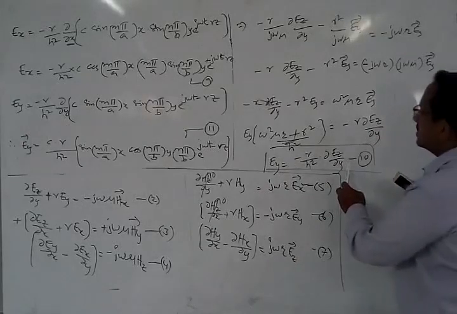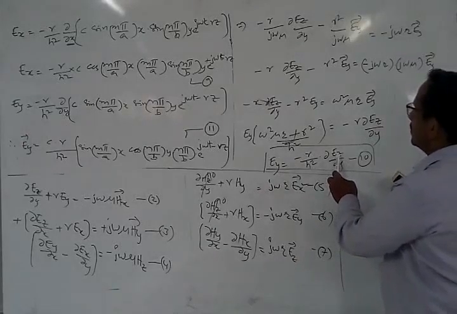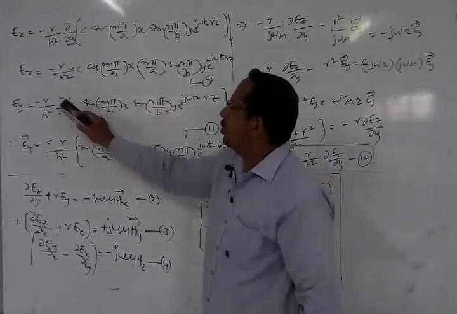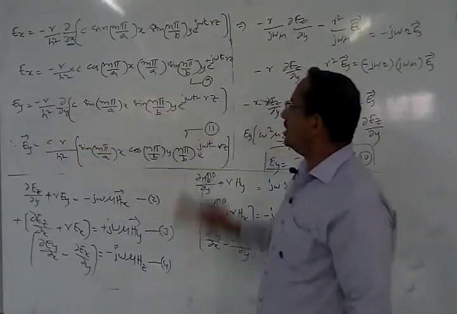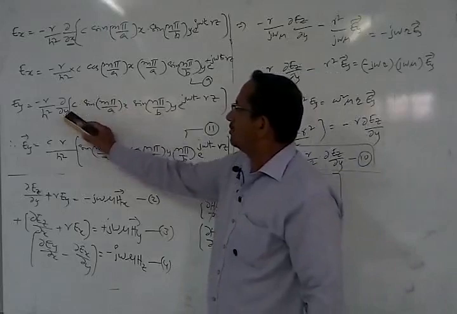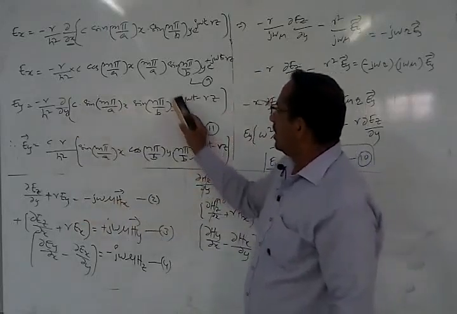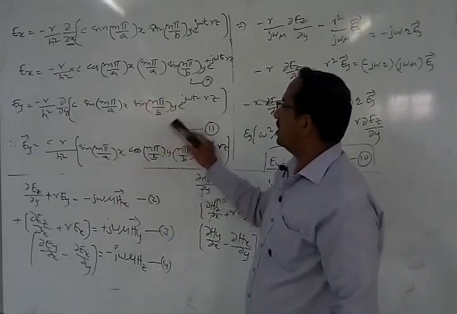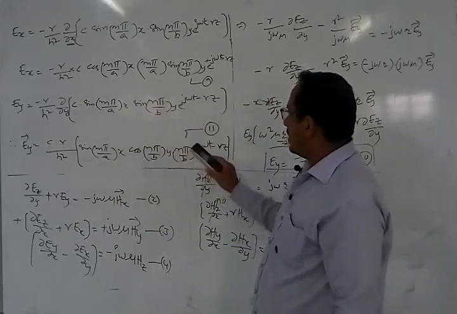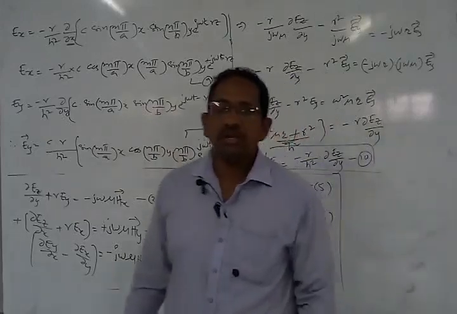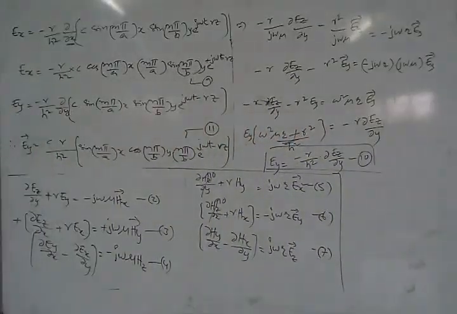Now after I get this equation for Ey, we will substitute here for Ez. Once we substitute for Ez here, dou by dou y of Ez, right? We are partial differentiating with y, therefore only the y component is going to get affected. So this n pi by b term will simply come out, and thereby we will get the equation for the Ey component.